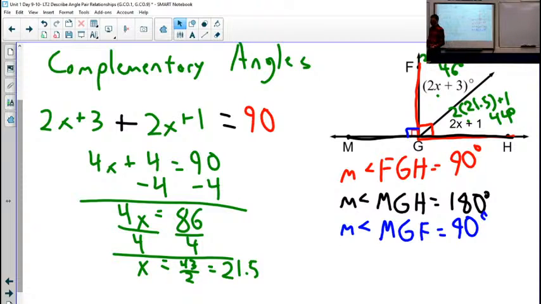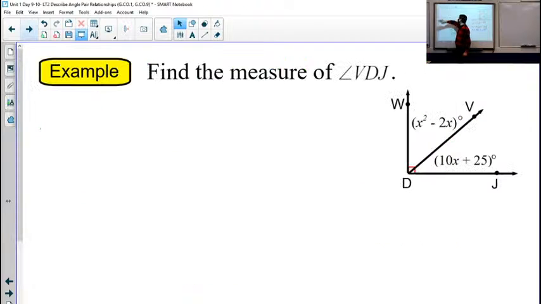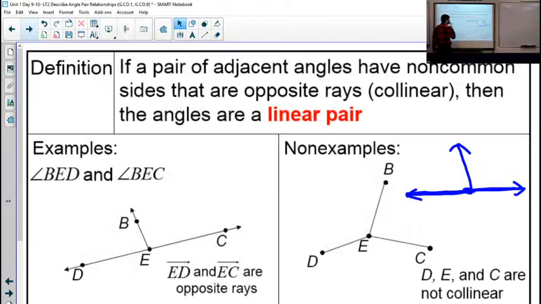Questions on that one before I give you some new words? Today's a lot about vocabulary and new terms. All right, let's keep going. So back to the vocab pages. Our next term is about a special type of supplementary angles. For supplementary angles, if we